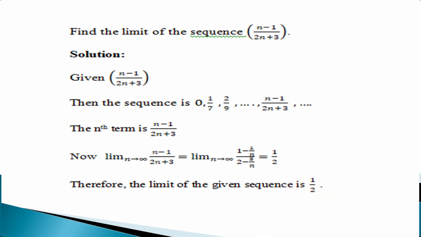We get the sequence 0, 1 by 7, 2 by 9, etc., n minus 1, 2n divided by 2n plus 3, etc. So here the nth term is n minus 1 divided by 2n plus 3. Now limit n tends to infinity, nth term, that is n minus 1 divided by 2n plus 3 is equal